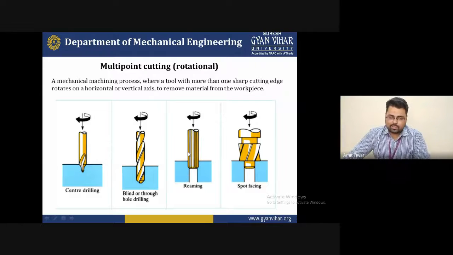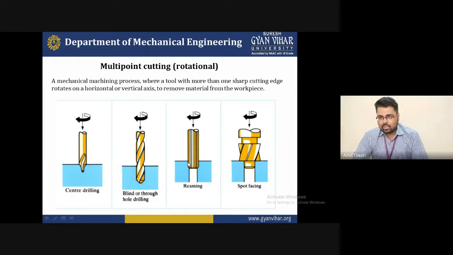Another tool is the reamer. Reaming is also done with a multi-point cutting tool. You can see in the diagram some lines on the surface of the tool, that is the end cutting edge. There are several different cutting edges, provided as multiple cutting edges. That is why it is easy to cut and easy to perform the reaming operation on material for your special purpose. So we use this type of tool for reaming as a multi-point cutting tool.